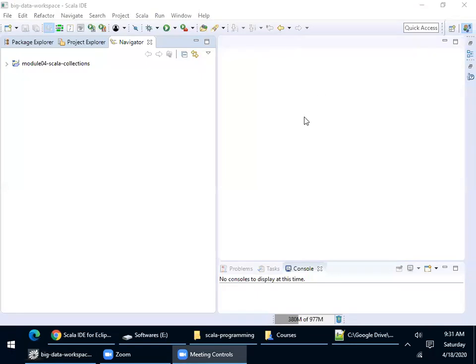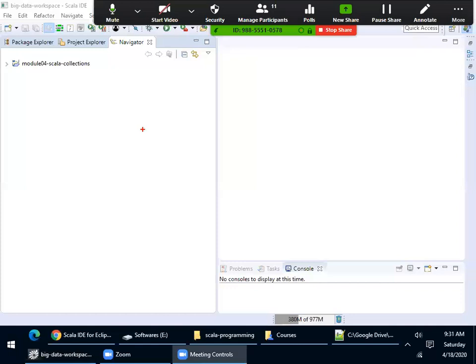This mutable is used during the times when there is a fixed collection, when we don't want to modify or reuse it again, or else too much memory will be used. Let's assume you wanted a collection with fixed values, then I go with mutable, which will improve the performance. Okay, right.